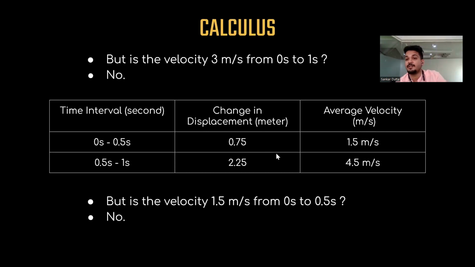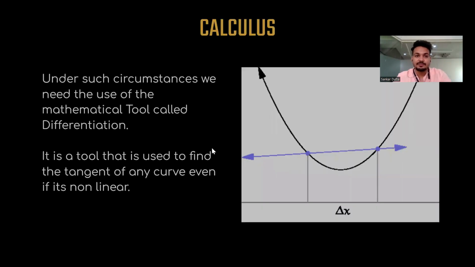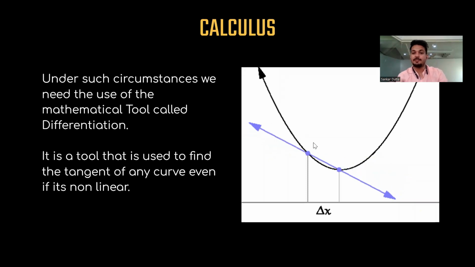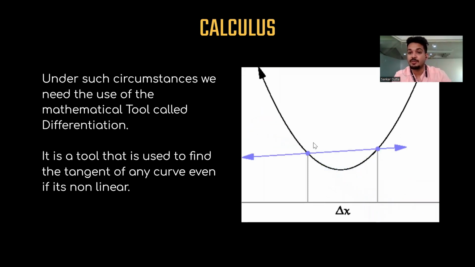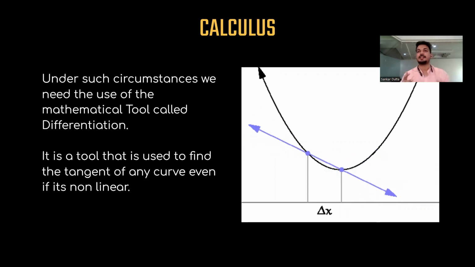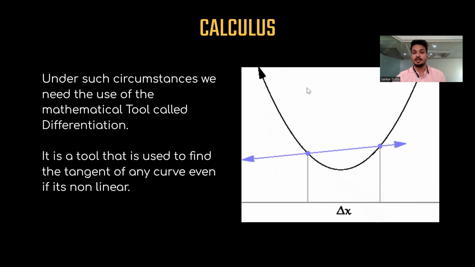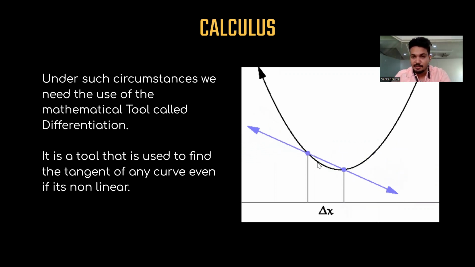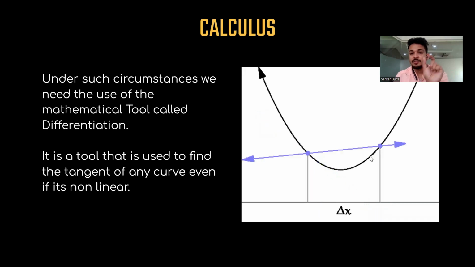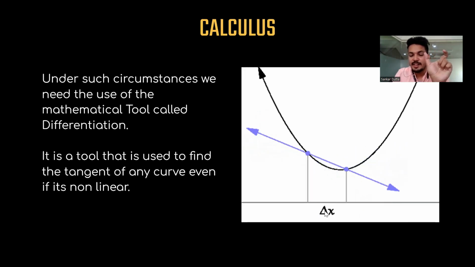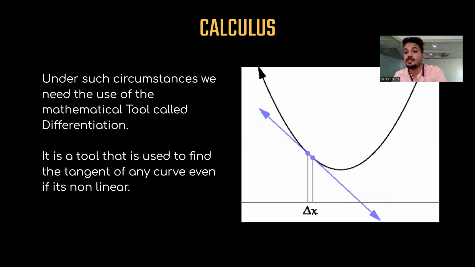So this is where we need differential calculus. Differential calculus will help us to find out the velocity at very, very small intervals. That is the use of differential calculus. If you try to imagine it in terms of a curve, virtually, with a graph, you can see this animation here. If you want to decrease the time interval, this is written x, but imagine this is time interval. So if you want to reduce the time interval to very, very small,